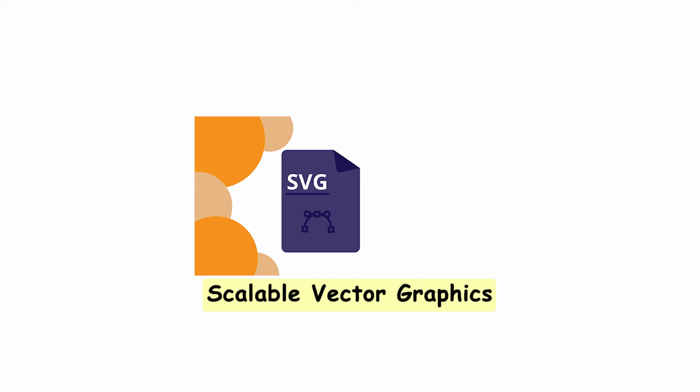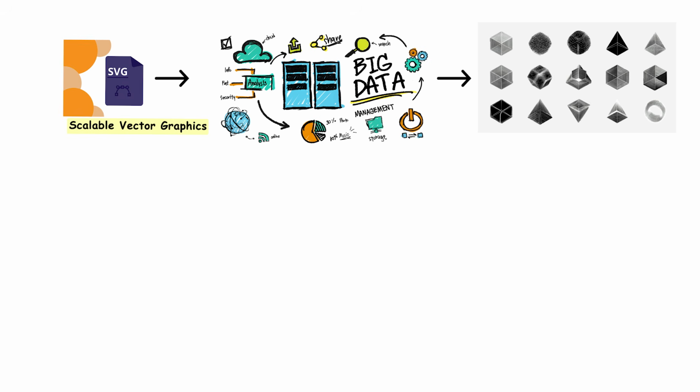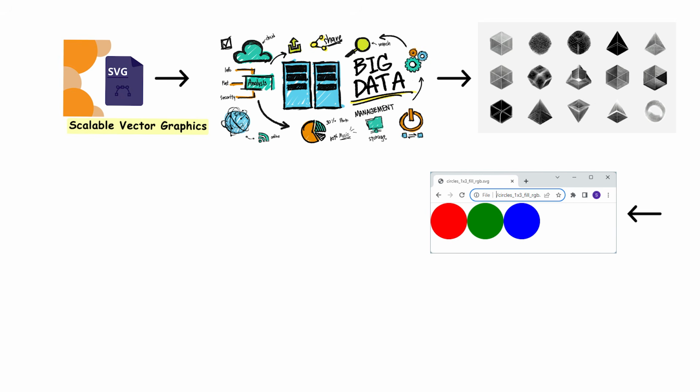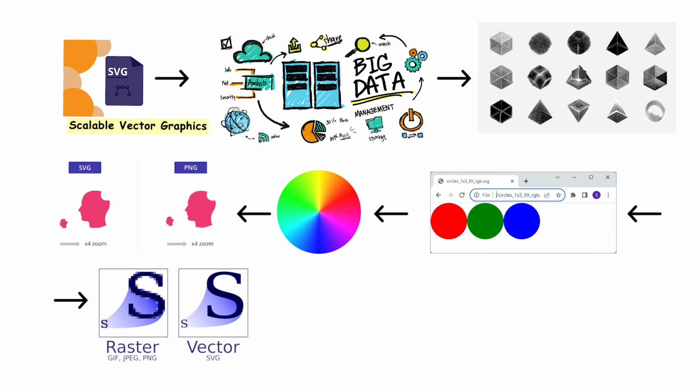SVG. SVG stands for Scalable Vector Graphics, and it represents a fundamentally different approach to storing images. Instead of pixels, SVG stores images as mathematical formulas describing geometric shapes. A circle in SVG is defined by its center point, radius, and color, not by thousands of individual colored pixels. This means SVG images scale infinitely without losing sharpness. Zoom in 1000% on an SVG logo and it remains perfectly crisp, whereas a raster image turns into a pixelated